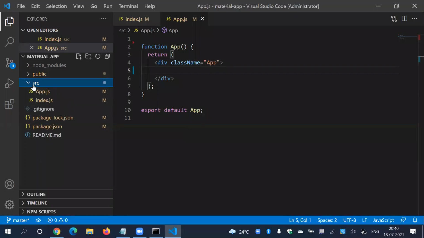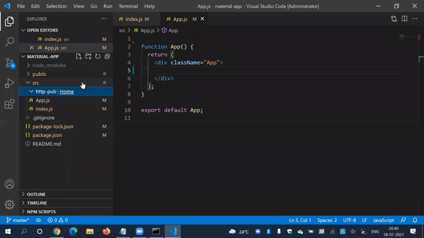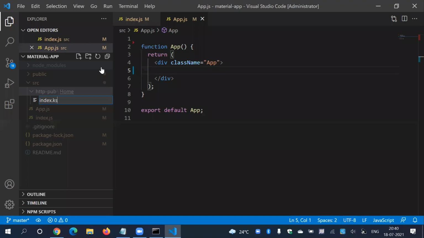As usual, I'm going to create one folder. In that, I'm going to create a folder with the name pubs. In that, here is my first component, home, and in that home I have one file, index.js.